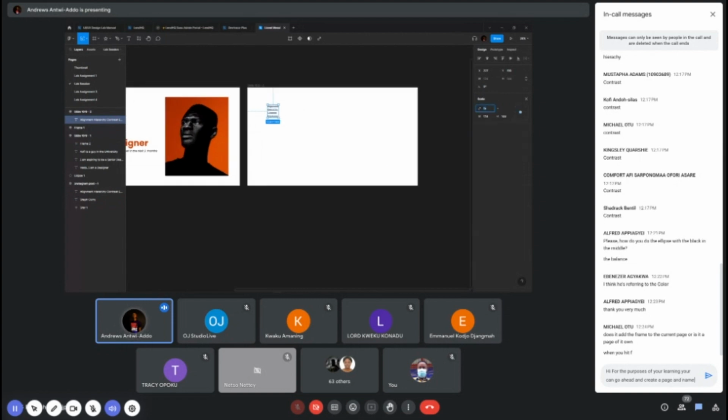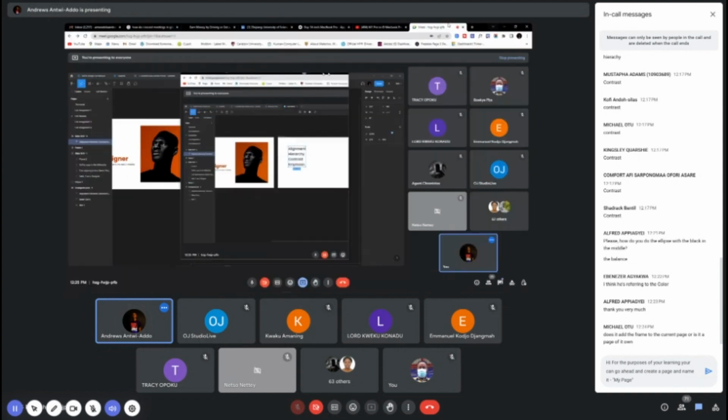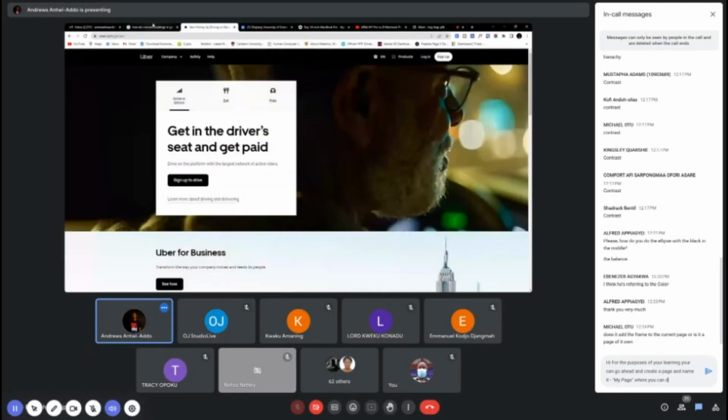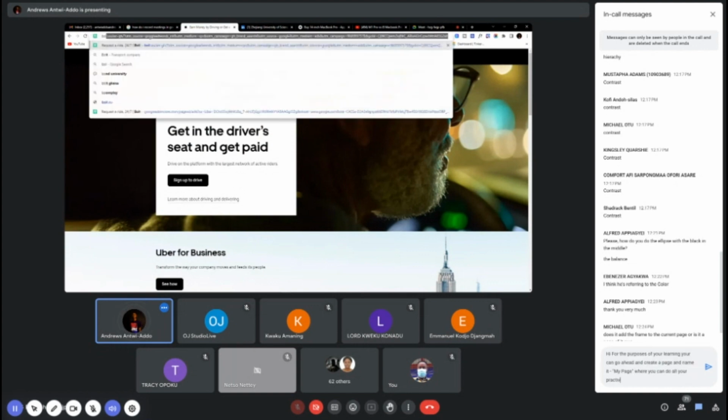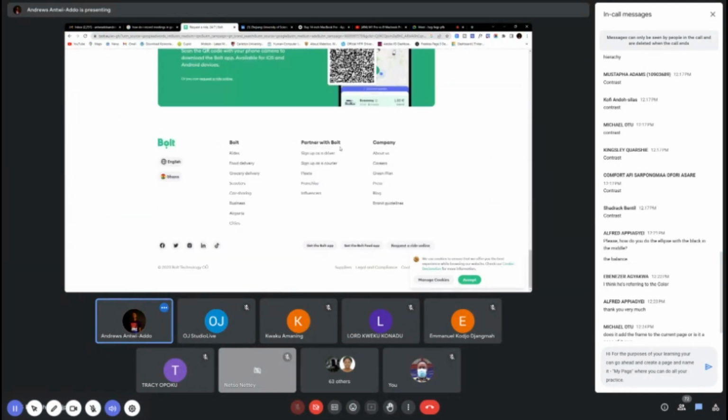Now I want you guys to employ these principles in the design of a hero section. I don't know if you guys are familiar with hero sections, but let me show you what a hero section is. Give me a second to do that. Okay, good. So a hero section is basically the first page you see whenever you land on any website. So this is the hero section of a website. The whole page is called a landing page because this is where you